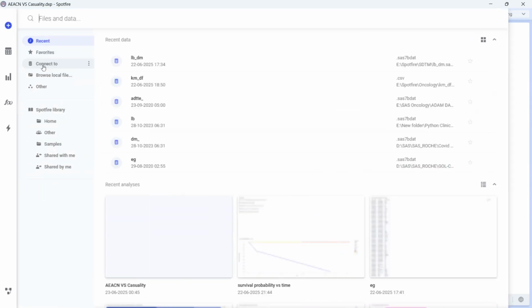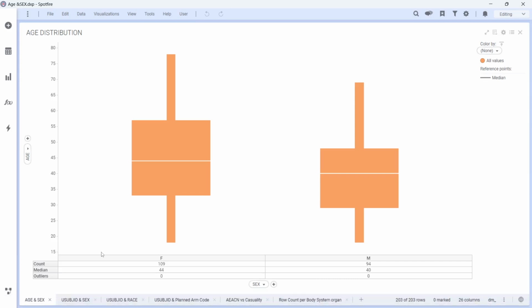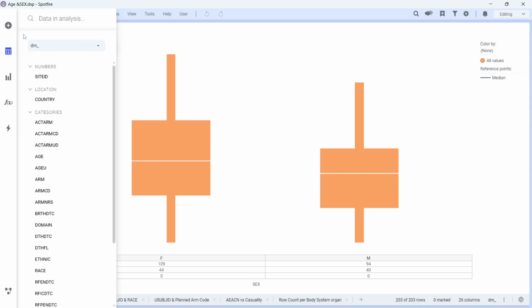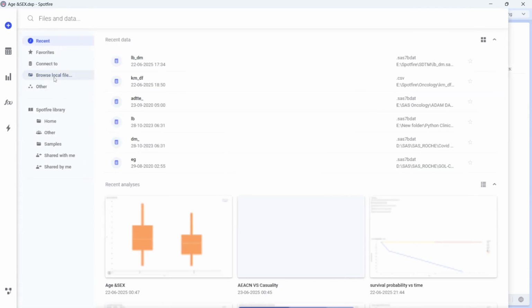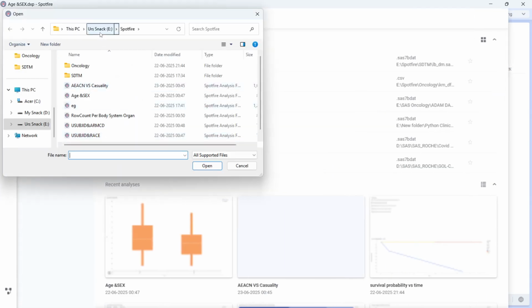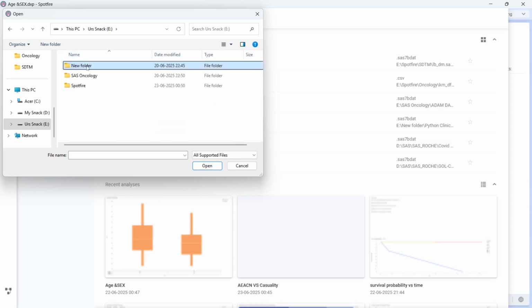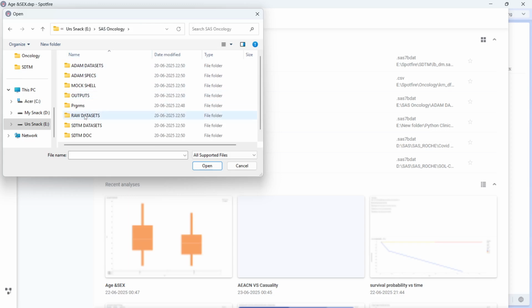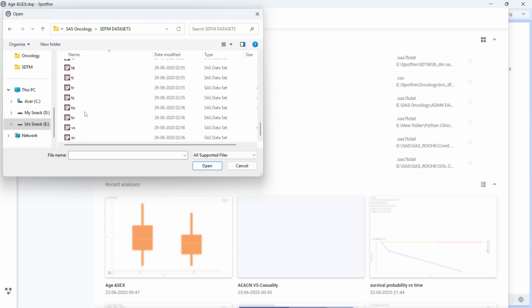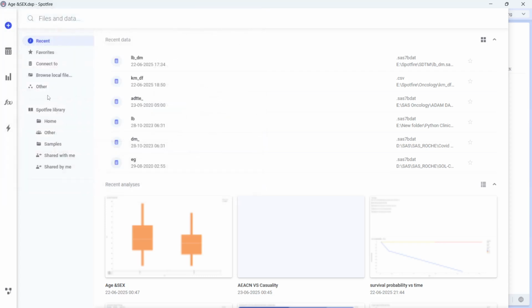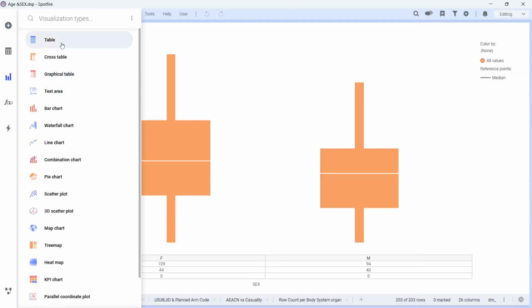Okay, so I'm showing this simple age distribution here. I have selected the DM dataset. I just add it with browse local file, and I went to the folder where exactly this dataset is present. So I took the DM dataset from here somewhere. Then once I upload the dataset, I'll go to this chart and click on the